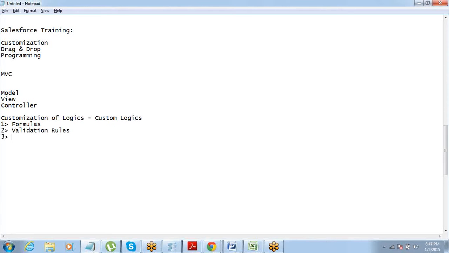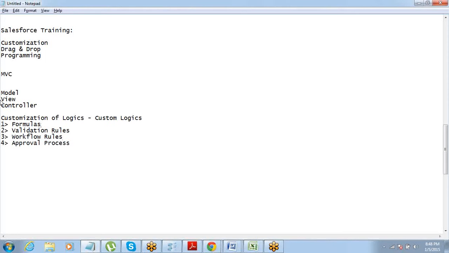Third is workflow rules. And fourth is approval process. So we have formulas, we have validation rules, we have workflow rules, and we have approval process.